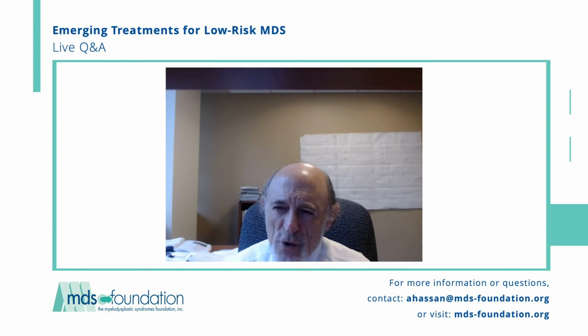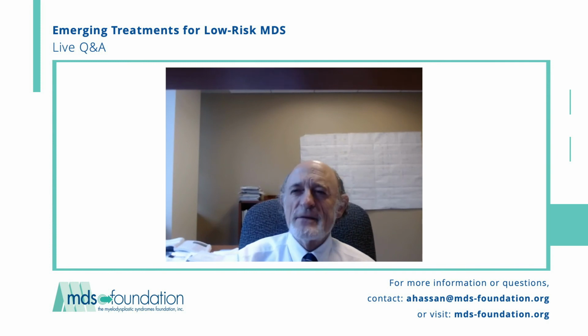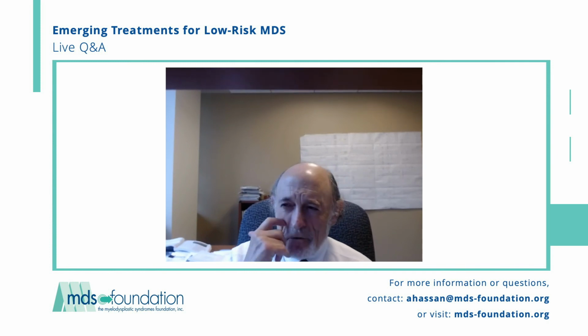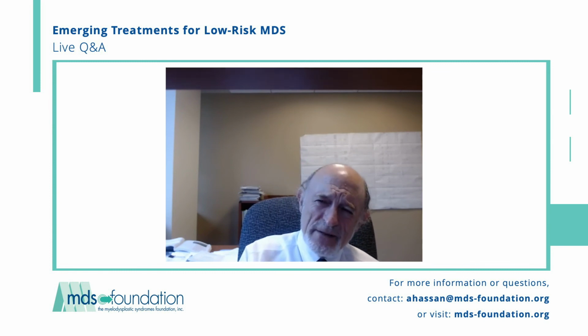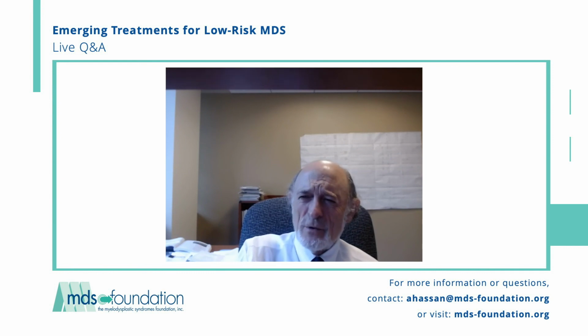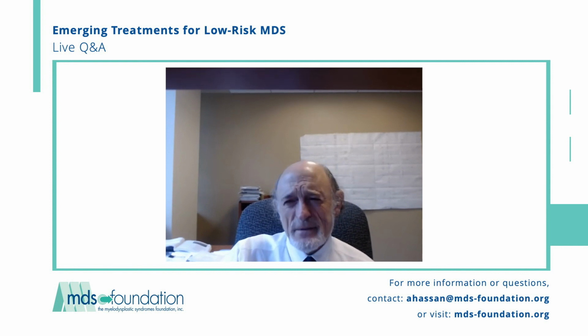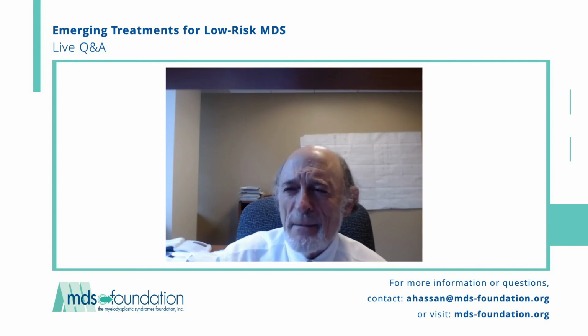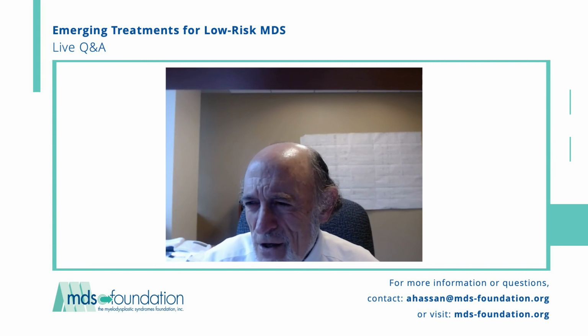A number of patients with MDS may have associated autoimmune type disorders, and there's a system called TOLL, T-O-L-L, the toll-like receptors and system that switch on immune reactivity, like as if you have a cold